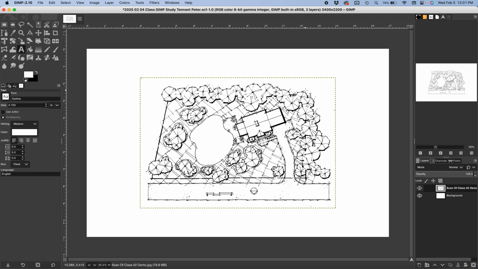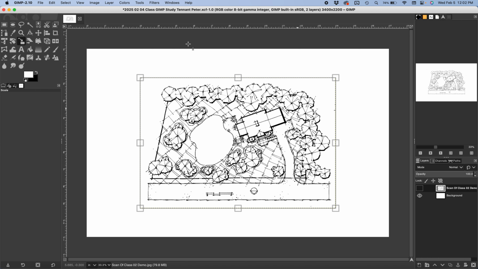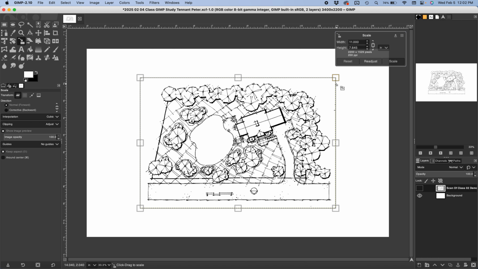One thing I want to do first is, it brought in the drawing nicely, but the drawing's too small. Notice it's not filling the 11 by 17 sheet. So what I want to do is change the size of it. I make sure I'm clicked into the layer I want to change, which was Scan of Class 2 Demo. I go Tools, Transform Tools, Scale. Notice I get these boxes here. I make sure the chain is clicked,